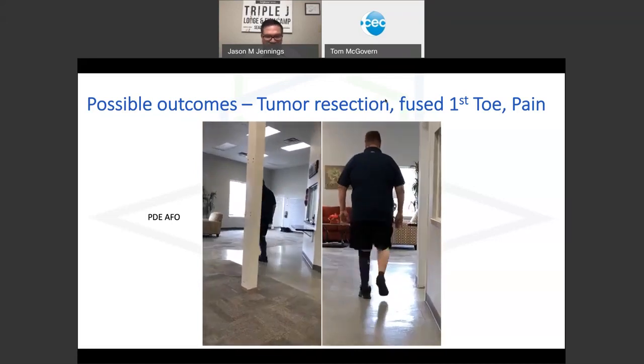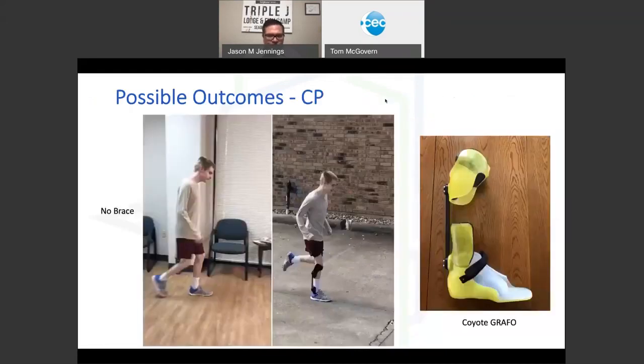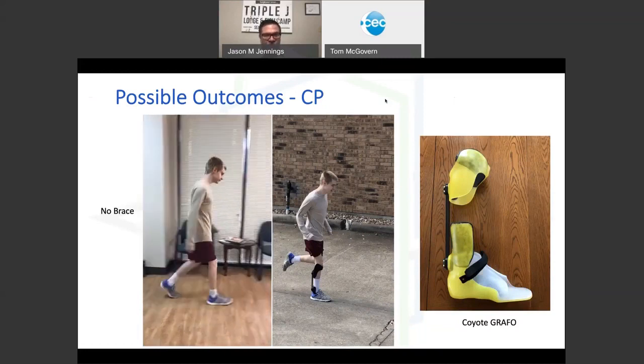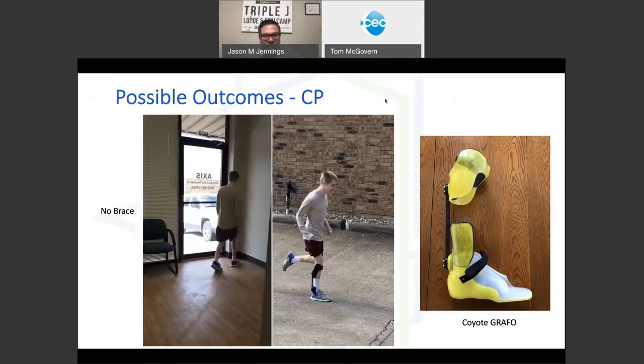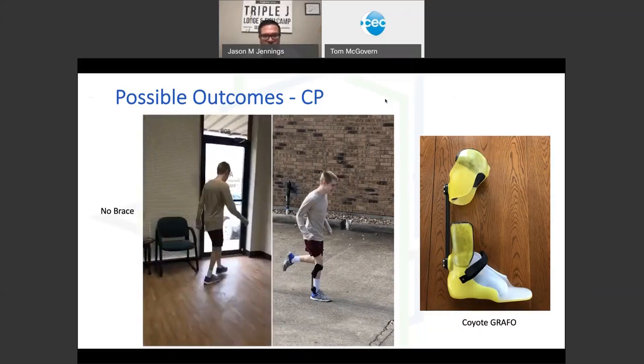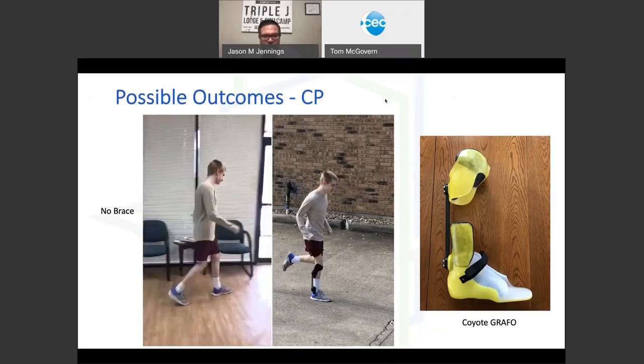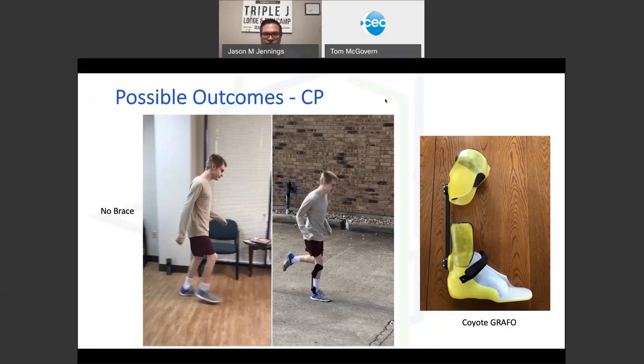There, I think he's doing pretty good. This is a young man they had the opportunity to manage who had CP. He's got right-sided hemiparesis. He does have weak plantar flexors, weak dorsiflexors, walks in a crouched gait on the right side. He walks pretty fast, but we were trying to improve his kinematics, so we were able to fit him